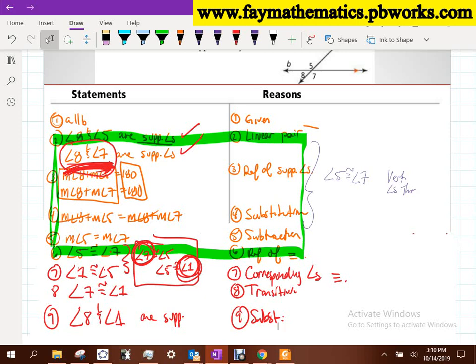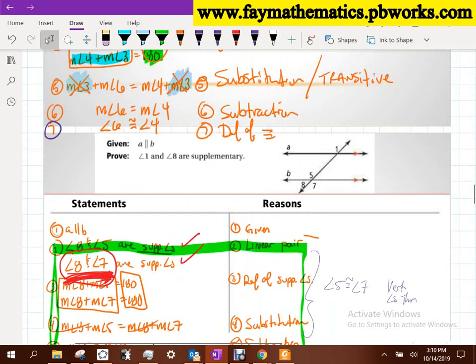But they both get me an argument that says that angle 1 and angle 8 are supplementary. Okay? So now, what kind of angles would be 1 and 8? Look at their position to one another. They're same side exterior angles, right? If they're same side exterior angles, we just showed that they're always supplementary, right? If you have 2 parallel lines, then same side exterior angles are supplementary. So why is that not a theorem? Why is that not one of those statements that we said on Friday? Anybody know why?